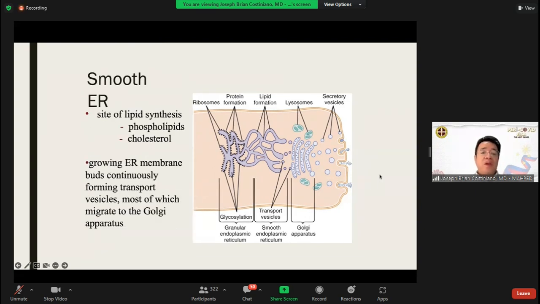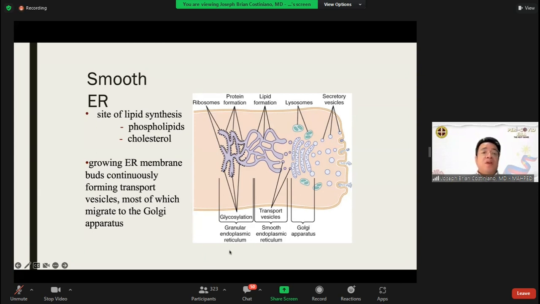Okay, so common question with regards to smooth ER, you might be asked, no? Lumabas ito sa pharma namin. The patient had an intake of a drug which is lipid-based. Lipid-based daw yung drug. So, saan ba daw napoprocess yung lipid-based na drug? So, the answer to that was actually the smooth endoplasmic reticulum, no? Because your smooth endoplasmic reticulum is not only the site of synthesis for your phospholipids and cholesterol, but it's also in charge of anything na lipid related metabolism.